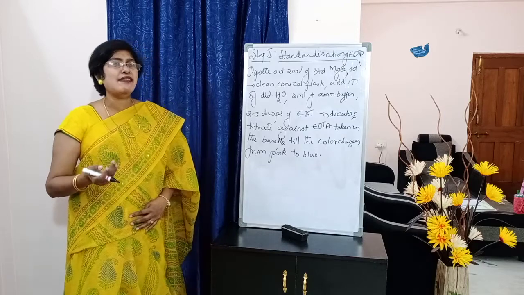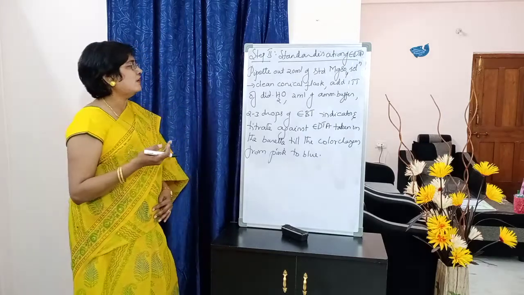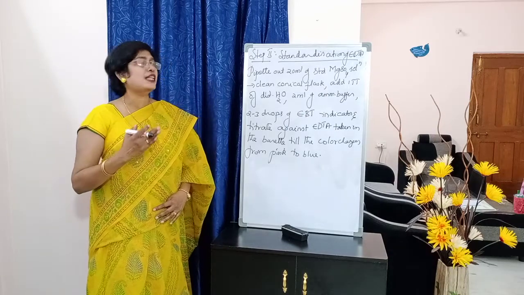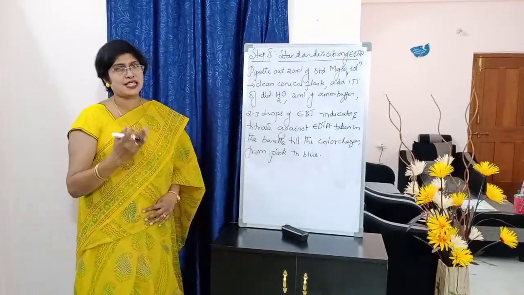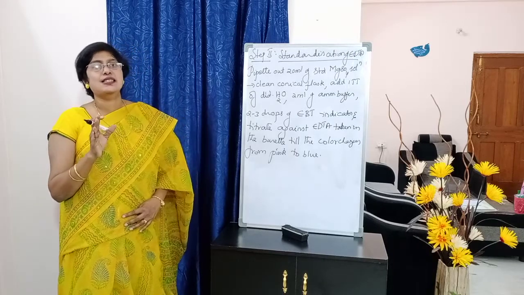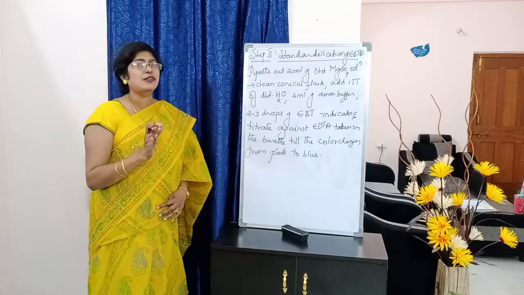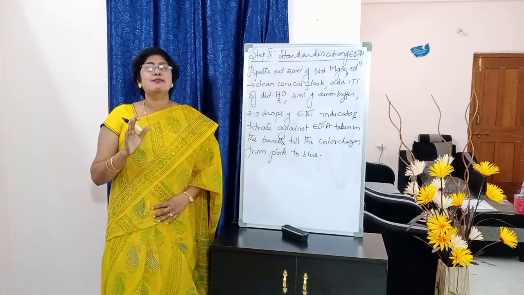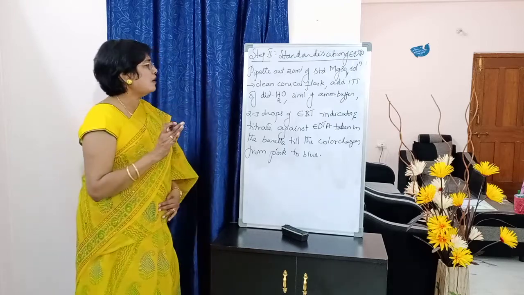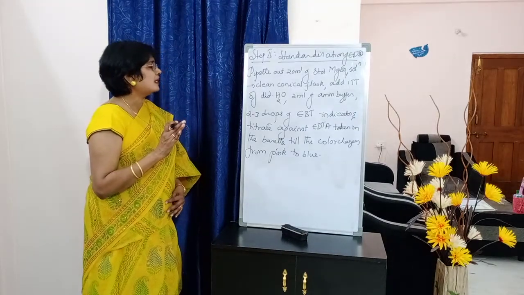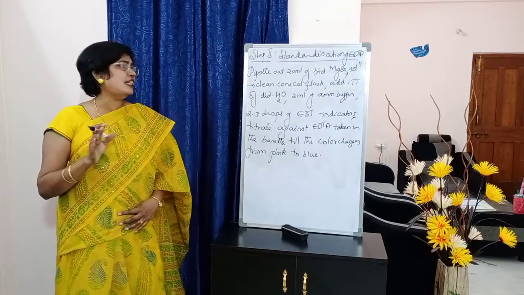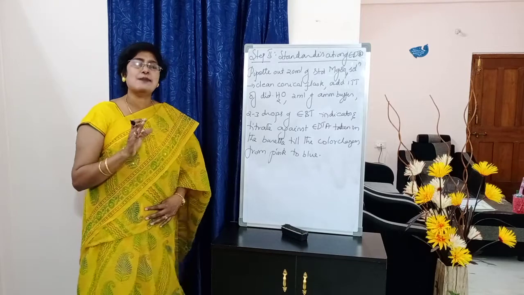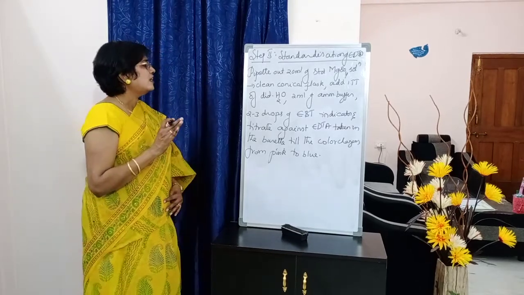Into a clean conical flask, comma, add 1 test tube of distilled water. I have written there 1 TT. TT means test tube. You don't write TT, students, in your observation books. 1 test tube of distilled water, comma, 2 ml of ammonical buffer, comma, 2 to 3 drops of EBT indicator, all capital letters students, EBT indicator, and titrate